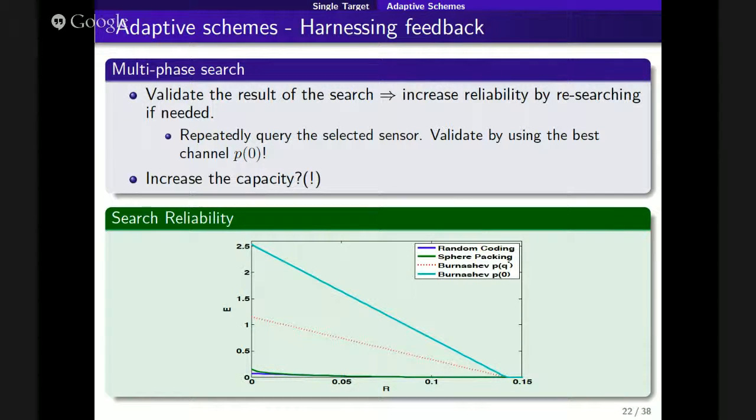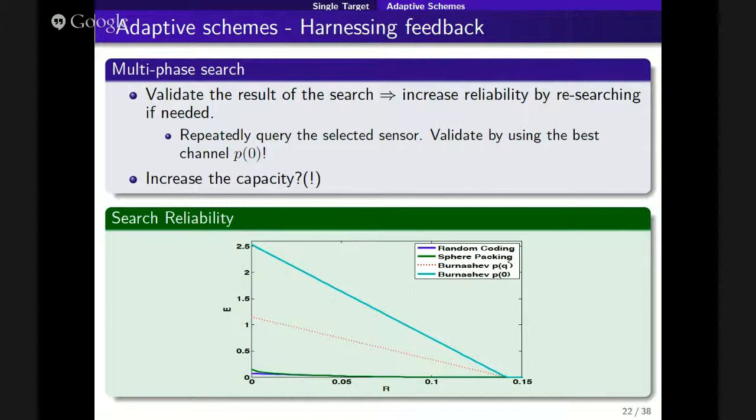Right, so let's try. I have a question here. I couldn't follow what the adaptive scheme is. So you take the first measurement and then what do you do next? In the first phase I do the non-adaptive scheme we saw before, right? And this scheme gives me a specific sensor as an answer. Yes. And now I'm looking at these answers, which makes me adaptive. And I query this specific sensor, which I got as an answer. I query only this sensor repeatedly for a while, say 5, 10, 15 times. Just to make sure that it's really there? Yeah, exactly, just to validate.